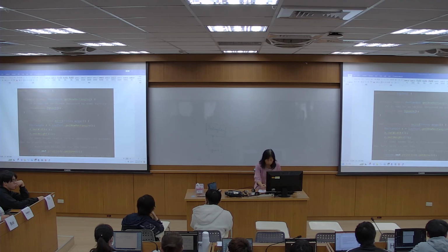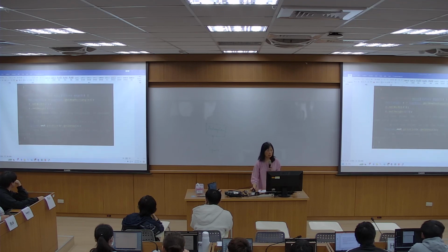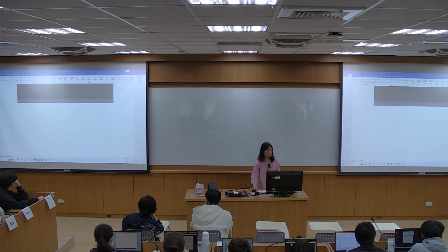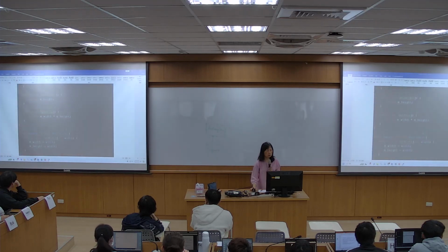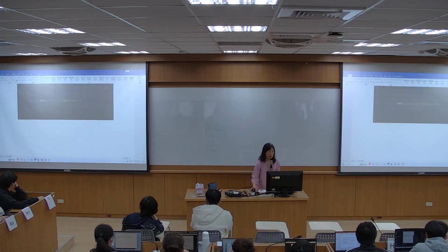Okay, Bridger? Could we scroll up to see the get area? Get area. I need to scroll up. Scroll up. Get area. Yes. Then I think if we want to get 50, no, it says that's the result here.